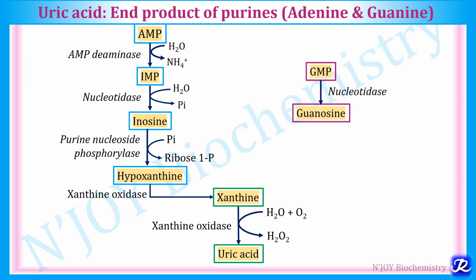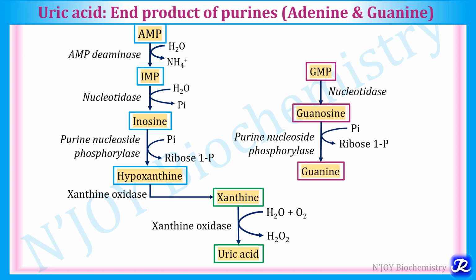Uric acid can also be formed from guanosine monophosphate. So by the action of enzyme nucleotidase, guanosine is formed. Then from the guanosine, guanine is formed by the release of ribose 1-phosphate by the action of enzyme purine nucleoside phosphorylase, and there is release of ammonia to form xanthine, and further by the action of xanthine oxidase uric acid is formed. So that's how in the body purines are catabolized to form uric acid, and uric acid is normally